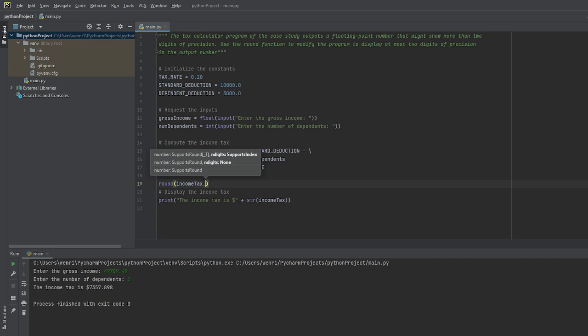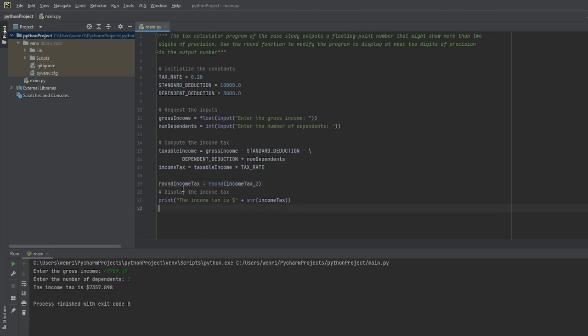I'm going to use a second argument here to determine how many digits of precision I'm going to use for this output. So it's going to be 2, and the round function will then be initialized by a variable that I just make up on my own. In this case, I'll just call it round income tax, initialize that,